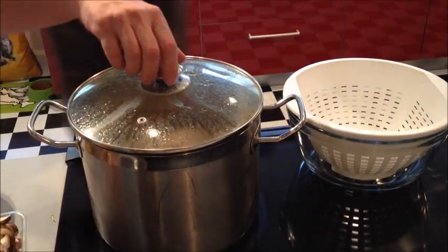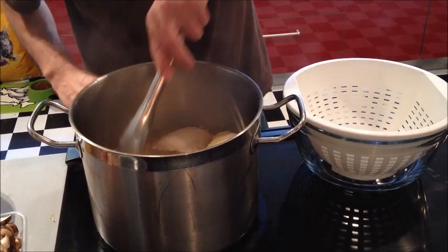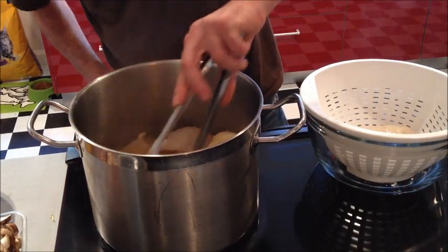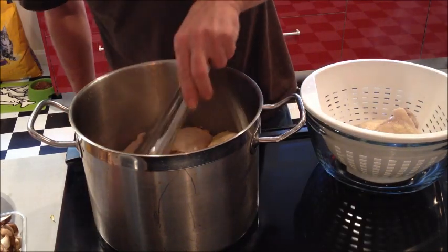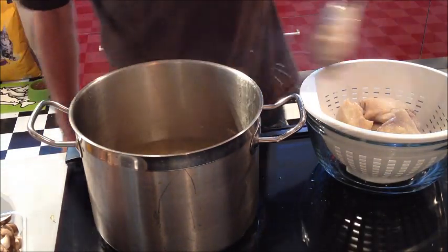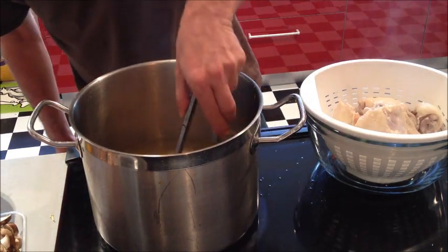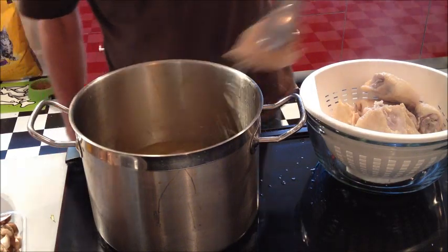Okay, so we've had our chicken simmering now for about 45 minutes. What we're going to do is remove the chicken from the chicken water, which, by the way, I added a little bit of salt to help it boil quicker and flavor the chicken a little bit. I'm going to take all this chicken out of the water, and I'm going to put cold water on it to cool it off